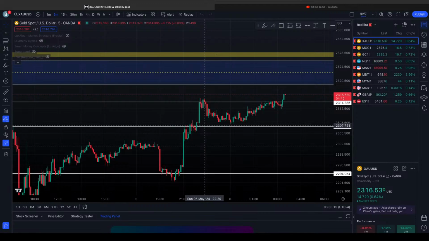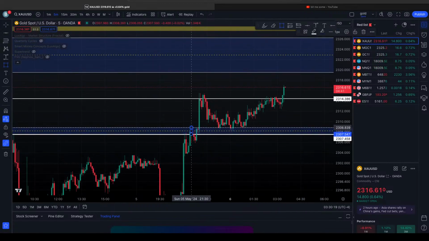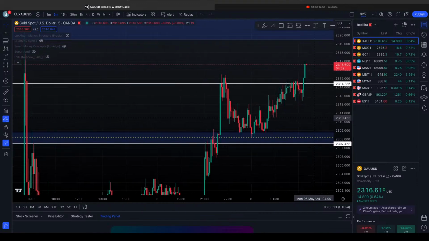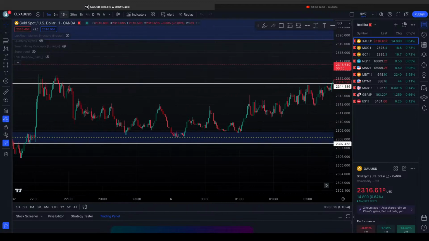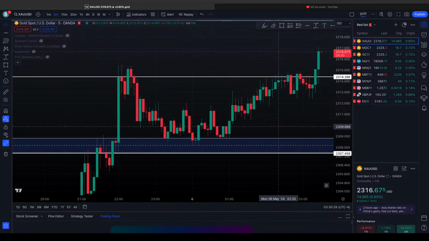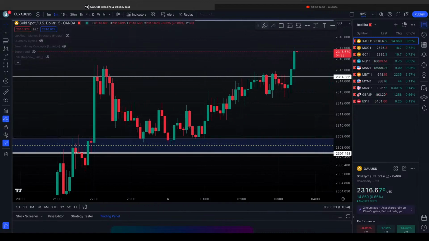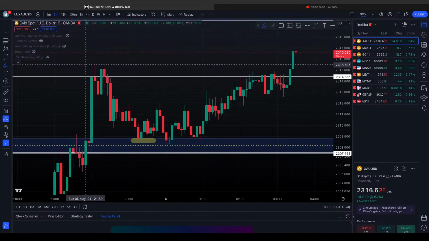Let's see. Hold on, let me see something real quick. If this was that, I think this might have been the same thing. Look at this. Exactly, because like I was saying, the 50 line is that yellow dotted line, and look at how this closed, everything closed right above it while breaking the previous lows, and that closed. So that was the thing that kind of gave me